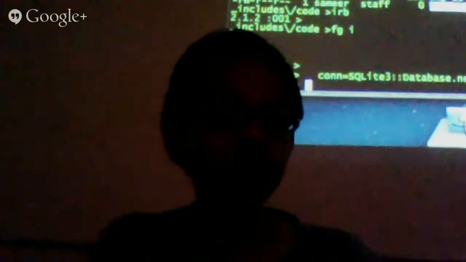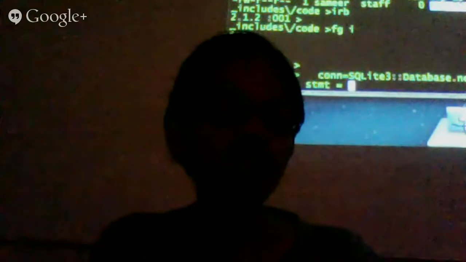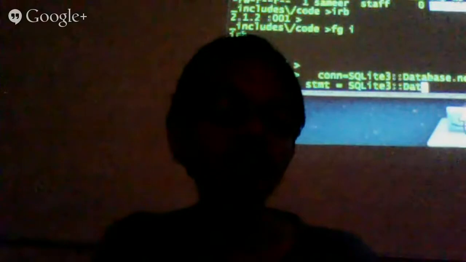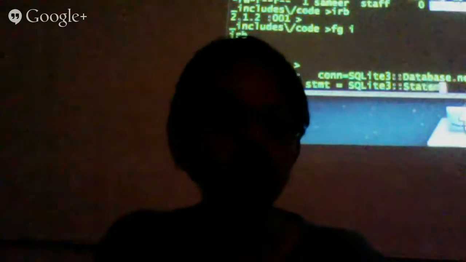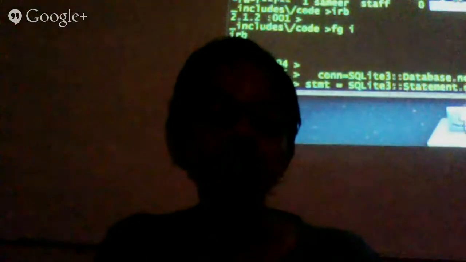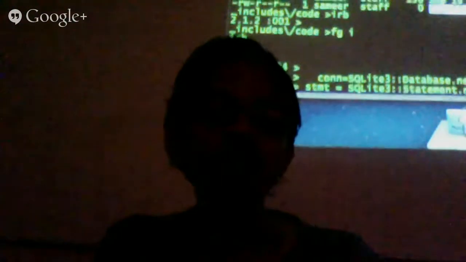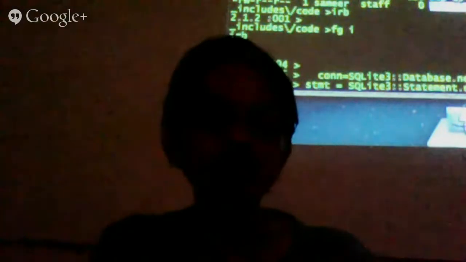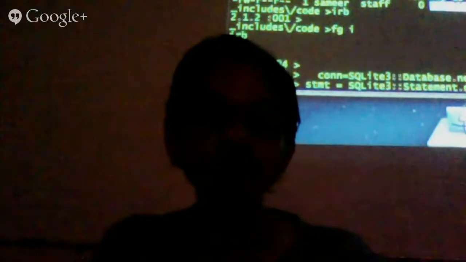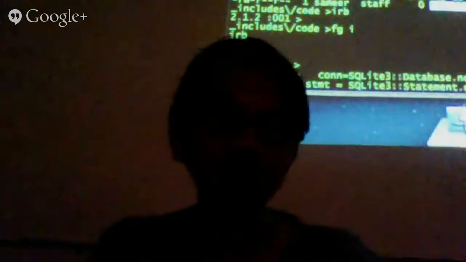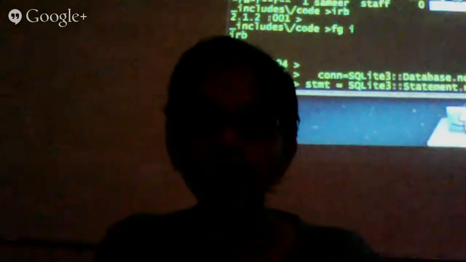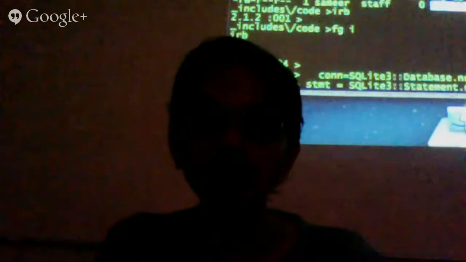to that database. Okay, in this database, now I want to create a table. So first, in order to do that, I have to make a statement which says create table posts, and I'm going to do a slightly different table, so that's why I'm retyping everything. So this time I'm just going to store a string, which is the title of the post, the date posted, I'm going to call it date posted, and like I said, the